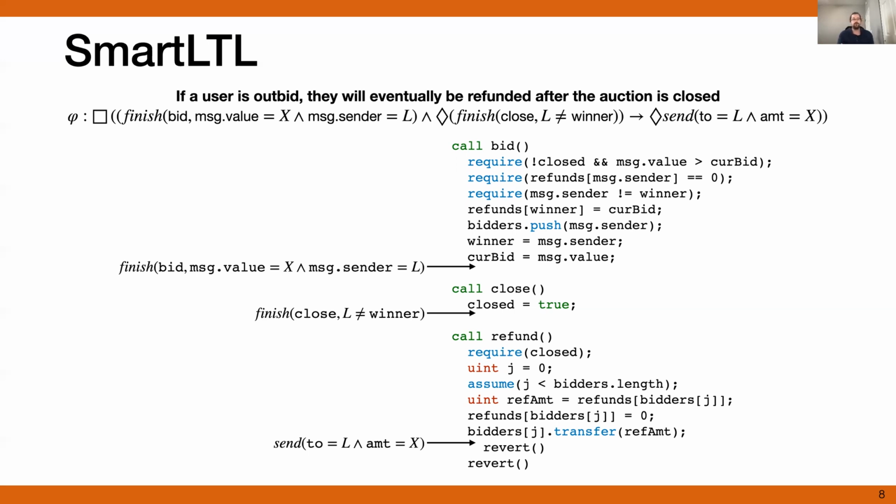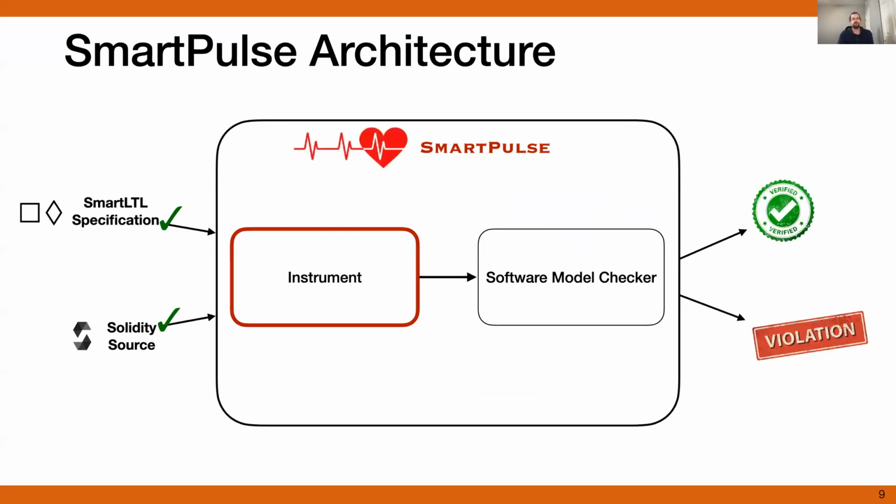And so what we're going to do is iterate through all of the traces within the program. And if all of them conform to the specification, then we have verified that it holds. And if we find a trace that does not conform to the specification, we found a violation. So let's take a look. Now that we know what the inputs are, let's take a look at the steps used to do this.